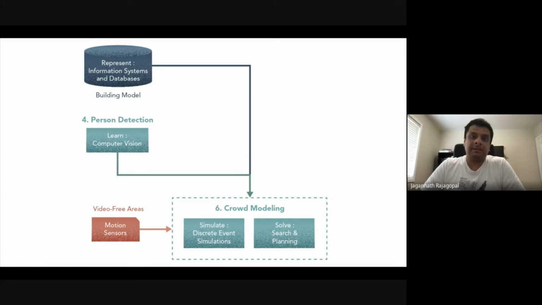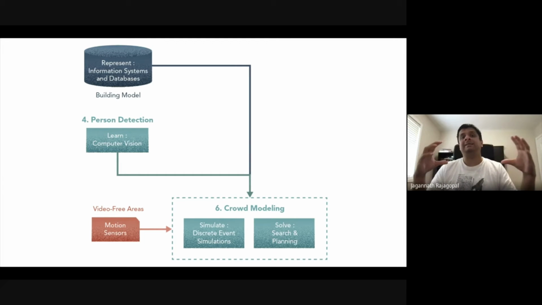Next up is the crowd model. This is an important step in the overall architecture because it feeds a lot of the subsequent, actually every subsequent step requires the output of this, right? You've got two parts. One is a simulation, and the other is a solver. And crowd modeling is a great example of how two different families of methods can come together and how their synergies work together to model something that's much bigger than just the parts themselves.